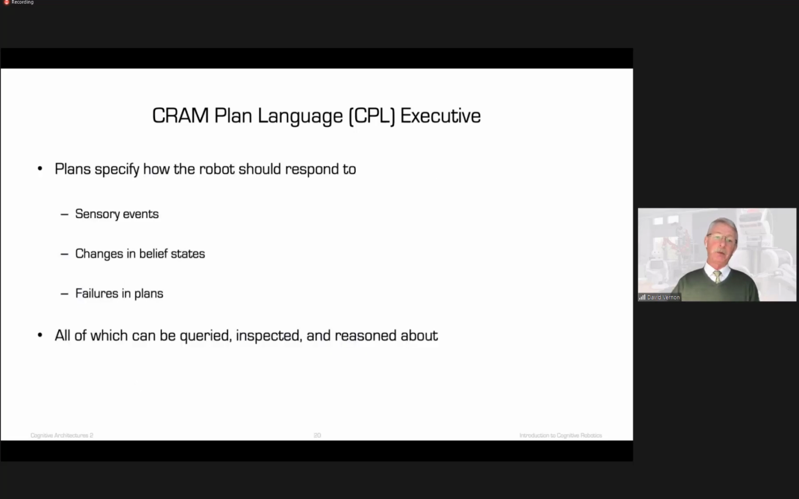So the plans specify how the robot should respond to sensory events in the world around it, changes in the robot's belief states, and very, very importantly, failure. Anyone who has done any practical robotics knows that failure just comes with the territory. You have to be prepared to fail. Things don't go according to plan. It makes sense when you say it that way. And so building in failure handling and acting accordingly when failures happen in an appropriate way is a very, very important part of the overall